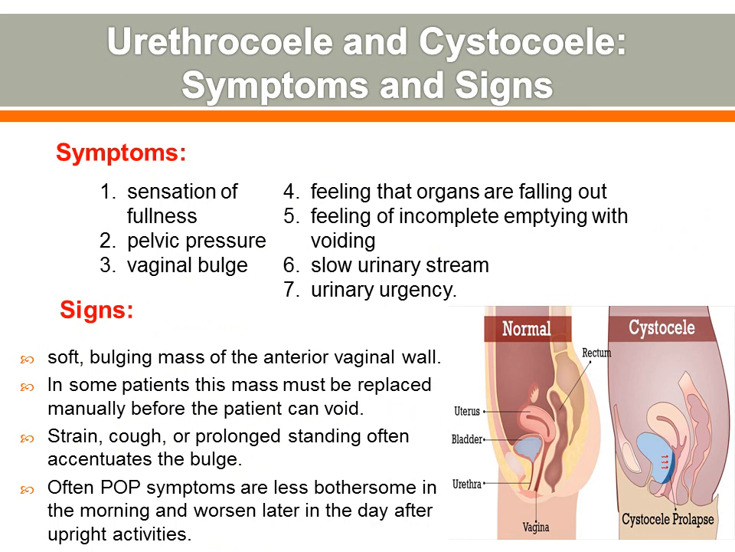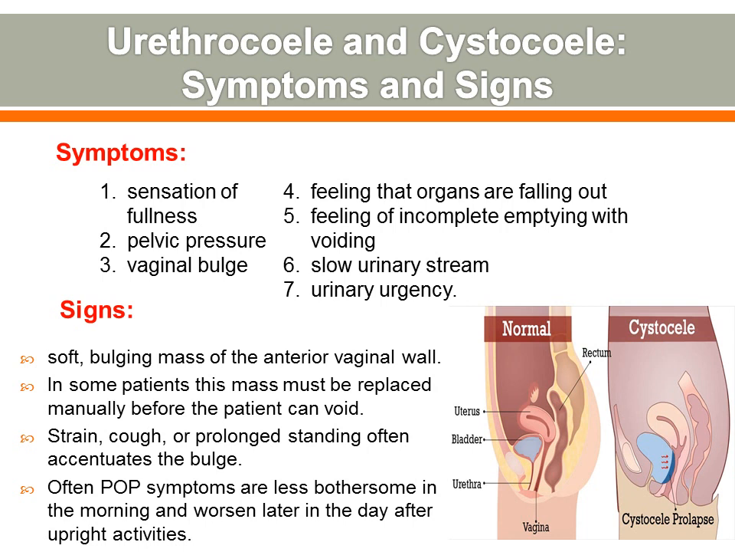So the symptoms of anterior vaginal wall prolapse include the following: sensation of fullness, pelvic pressure, vaginal bulge, feeling that organs are falling out, feeling of incomplete emptying with voiding, slow urinary stream, and urinary urgency. The signs of anterior vaginal wall prolapse include the following: a soft bulging mass of the anterior vaginal wall on